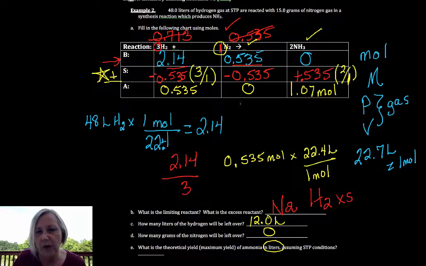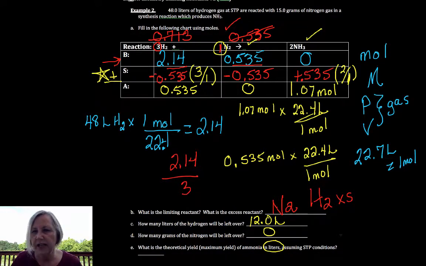So I have 1.07 moles times, again assuming STP, 22.4 liters for every 1 mole. Okay, and so my theoretical yield for the ammonia, that's the maximum I can make, assuming that nothing went wrong,